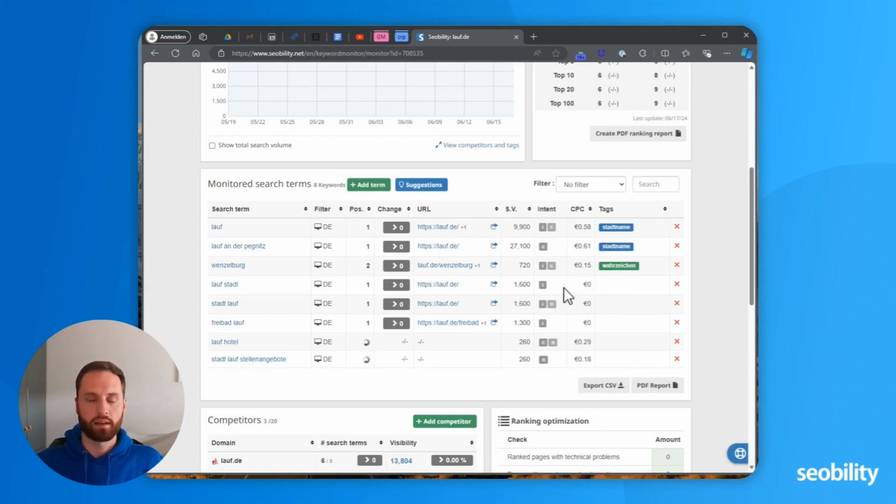And looking at the search intents can help you determine whether the kind of content that you have is actually fitting the intent of the searcher. So you want to make sure that if people, for a certain keyword, want to buy something, you don't just have a blog article explaining what it is. You will probably not have a good chance to rank well for it. We have a great blog article for this.